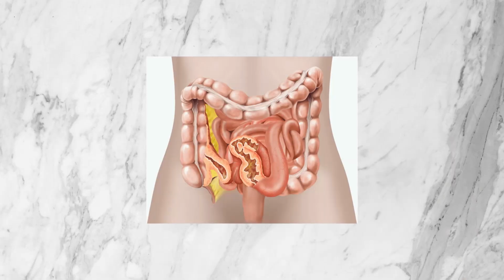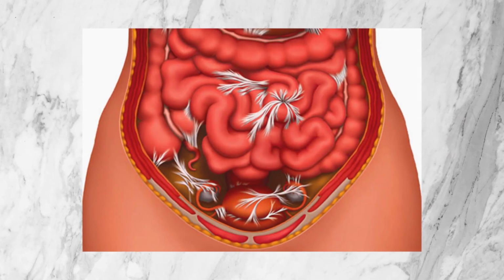And then last, number 4 in terms of causes of SIBO is physical abnormalities or abdominal surgeries. After abdominal surgeries, fibrous bands of scar tissue can form. These are known as adhesions, and they can pinch sections of the intestine together, which impairs gut motility. Also, conditions such as diverticulosis can form pockets in the intestine, which can be great places for bacteria to accumulate and make it more likely to develop SIBO.